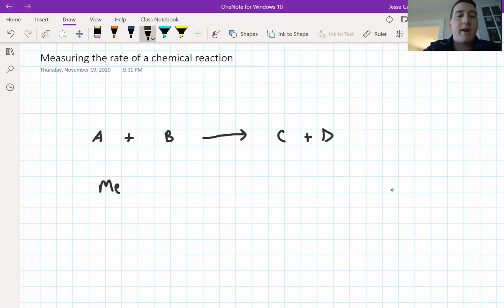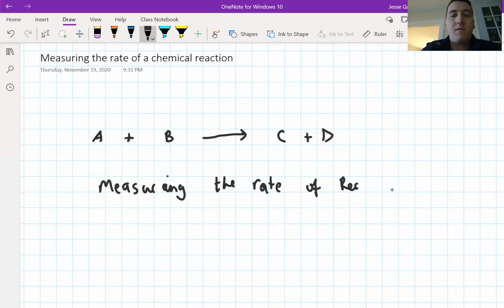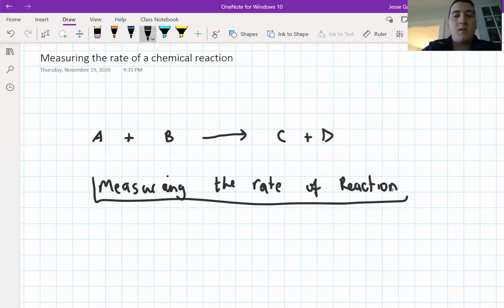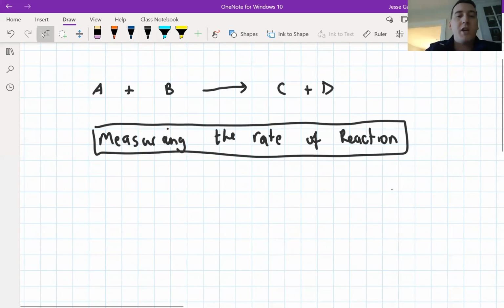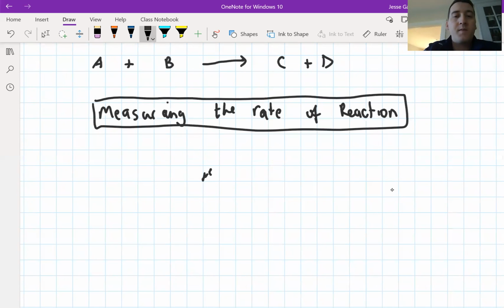So, measuring the rate of the reaction. Sometimes we can tell by just looking if a reaction is happening very quickly or very slowly. But if we want to actually measure the rate, we're going to have to be a little bit more specific than that. So how would we go about this? Generally, if we want to measure the rate of a reaction, we need to ask the question: how quickly